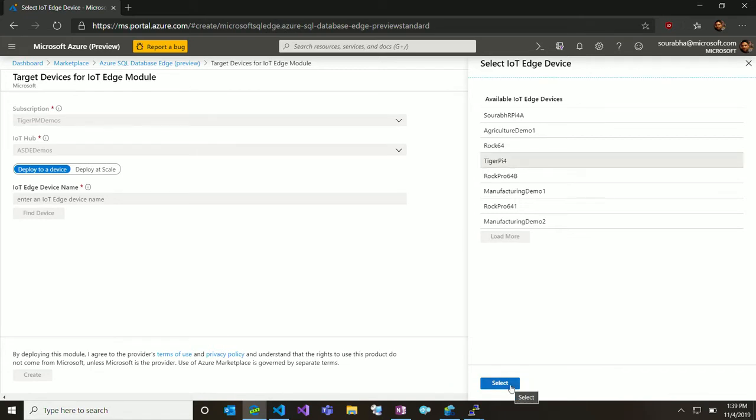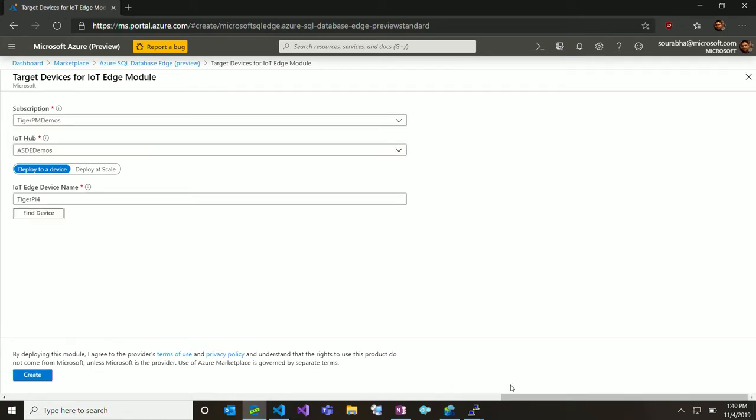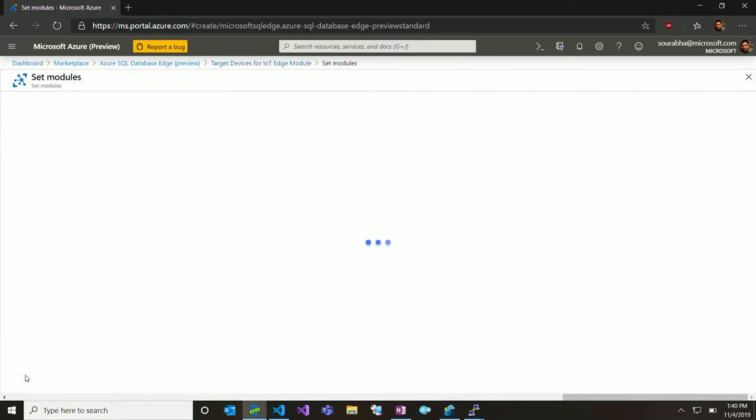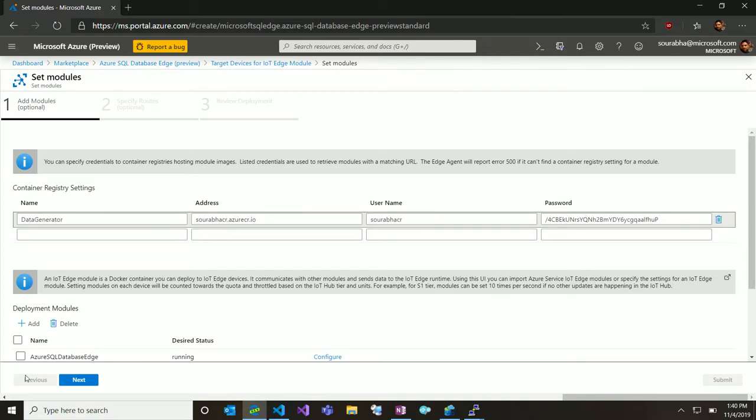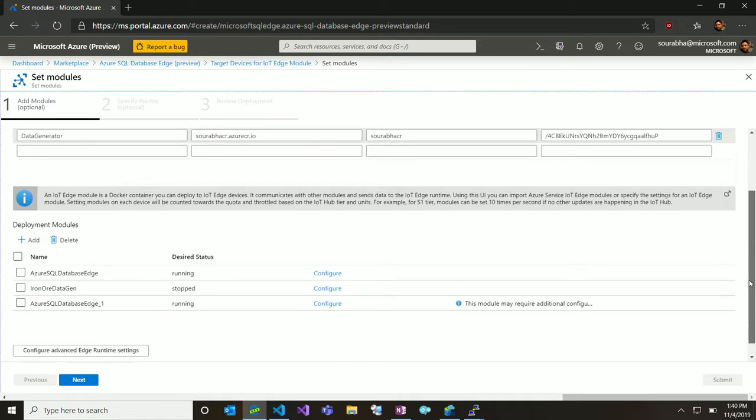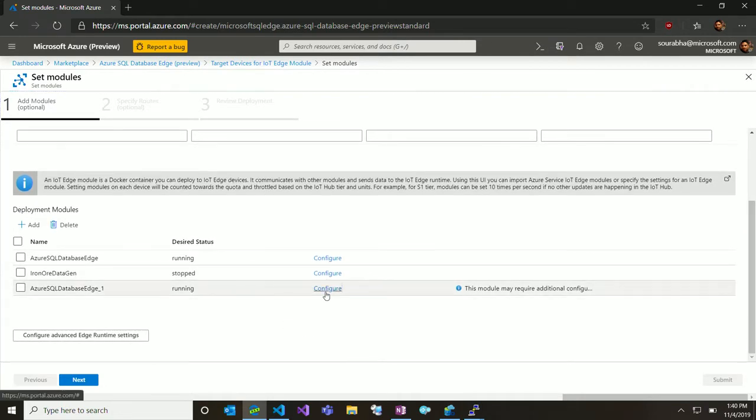So let's say I go and select, and it will bring me to an IoT Edge page where I can pick up the, I should click on Create here. My bad. Where we can set up the properties for this module. Right? Now, the properties are pretty straightforward. So if I go here and click on configure,